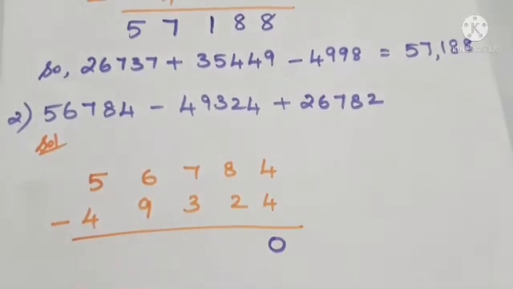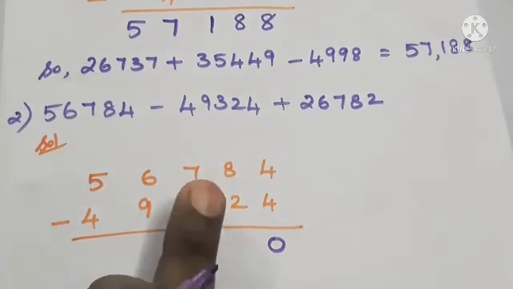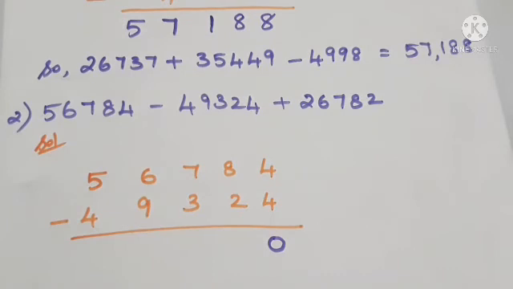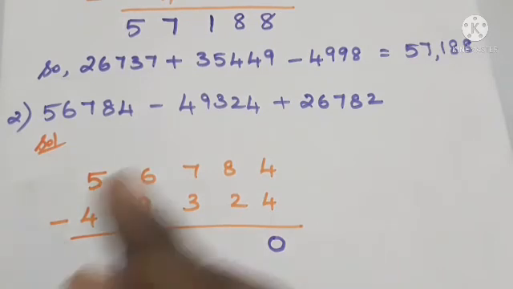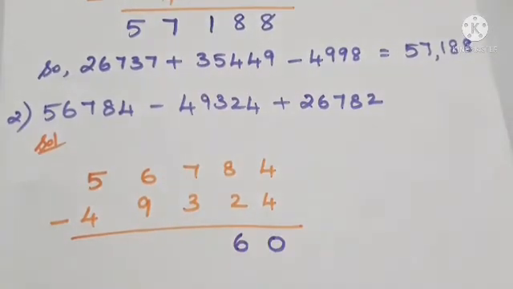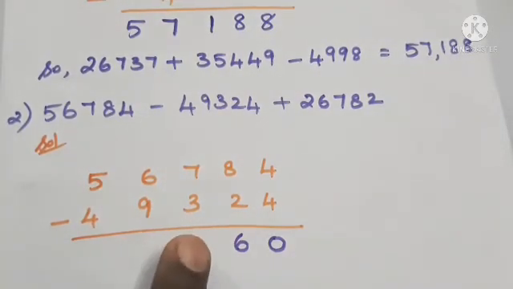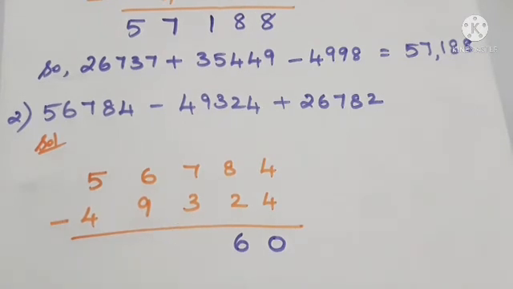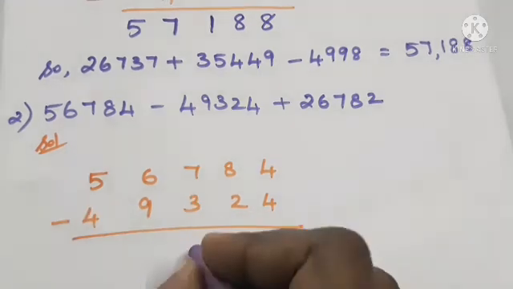Next, 8 minus 2. So 8 is a greater number, so we are able to subtract now. 8 in the mind, take 2 in the finger. 8 before is 7 and 6. So we will get 6 here. Next value is 7 minus 3. So 7 is a greater value, so we are able to subtract it, isn't it? 7 in the mind, take 3 in the finger. 7 before is 6, 5, 4. So 4 is the answer.